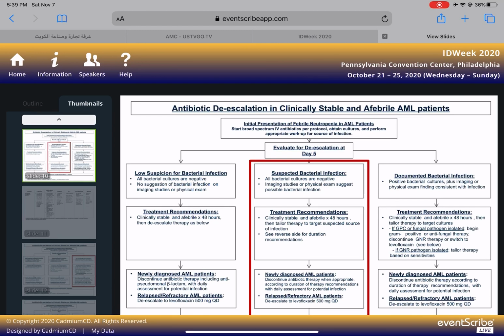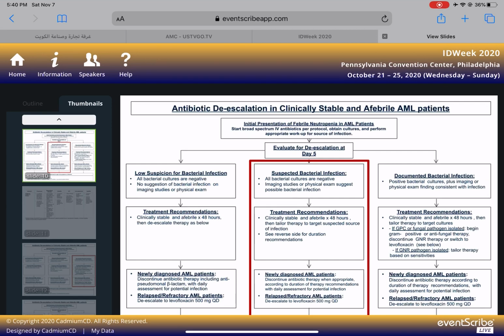Moving on to the middle category here of suspected bacterial infection. Again, these patients have negative cultures, but they do have something on imaging or physical exam suggestive of infection. So what we want to do for these patients in our guideline is ask the question again: are they clinically stable and afebrile for at least 48 hours? If they're not afebrile or not hemodynamically stable, then we continue IV anti-pseudomonal therapy. But if they are afebrile and clinically stable, then we tailor therapy at this point and treat their